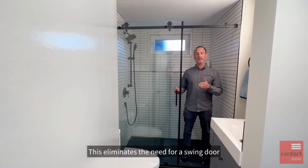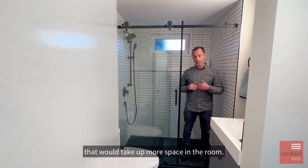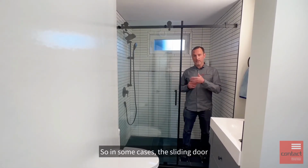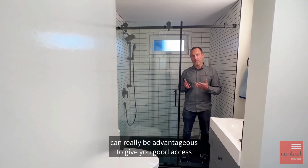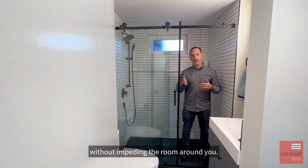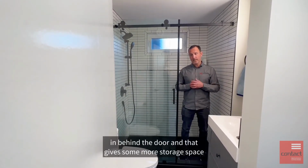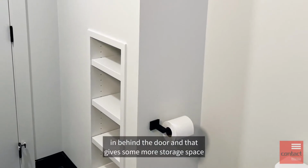This eliminates the need for a swing door that would take up more room or space in the room. So in some cases, the sliding door can really be advantageous to give you good access without impeding the room around you. Lastly, we built some nice recessed cubbies in behind the door, and that gives some more storage space,